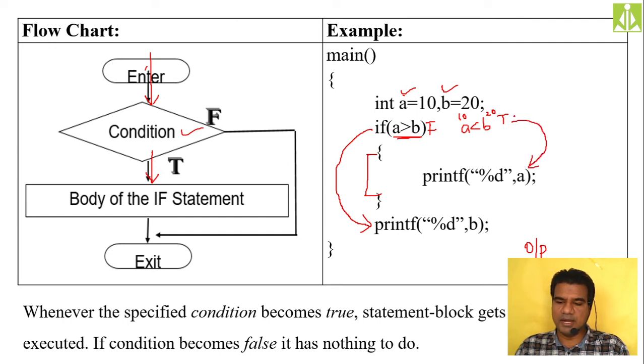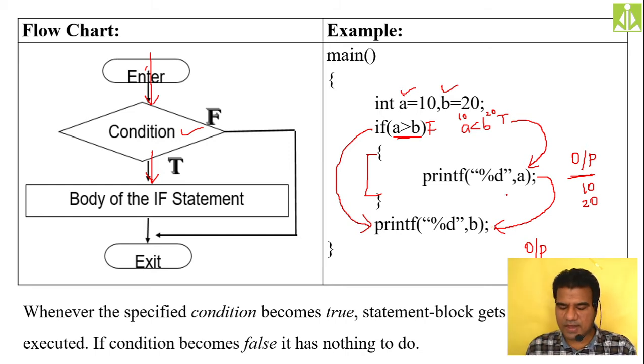So the control will come immediately to the body, and on the output it will print the value of A. What is that? The value of A is 10. So first it will print 10, then from here it will come to this point as well. It will print B value as well, that is 20. So whenever my condition is true, I am getting A value as well as B value, and whenever my condition is becoming false, I am getting only B value. So in this way I have two alternatives, two possible paths. One path is taking directly to the false case, and the other path it is taking to the true case. Hopefully you understood.